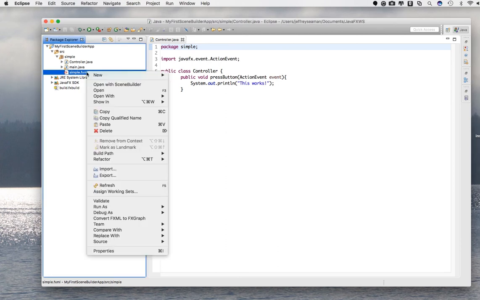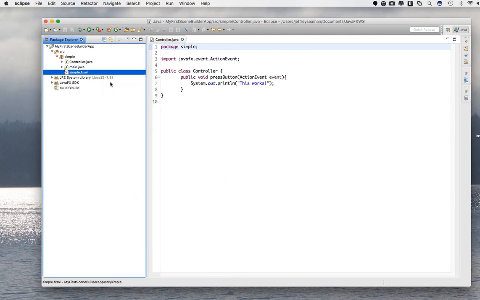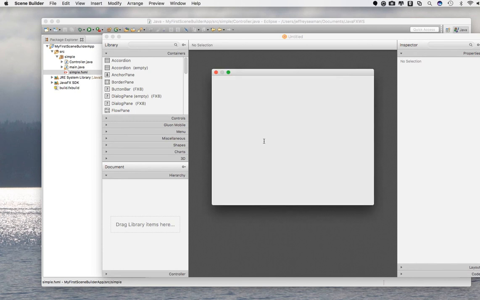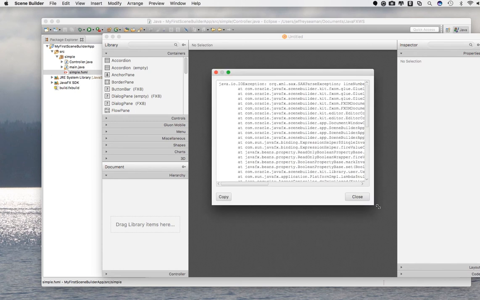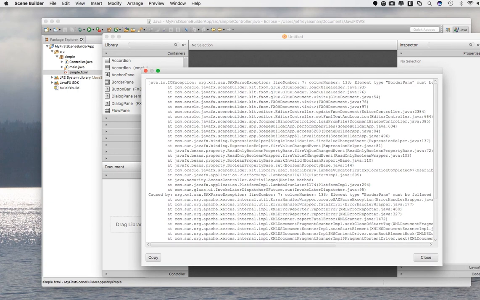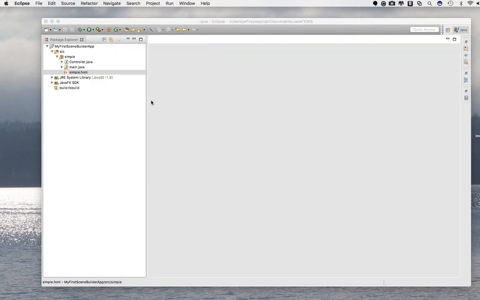All right, so let's try this again. Cannot open simple FXML. Show details. All right, so we have a problem here. All right, so I'm still having problems. Apparently there's an issue in